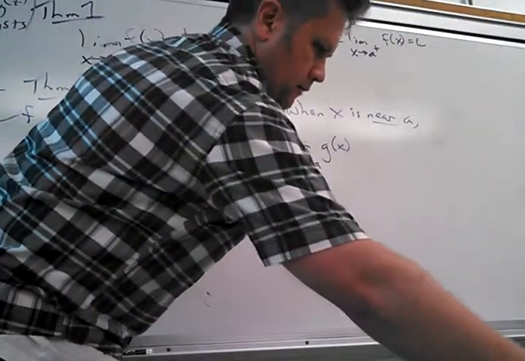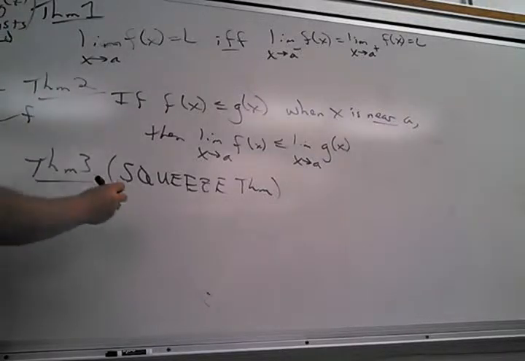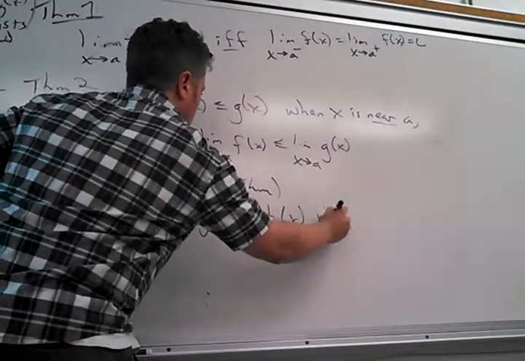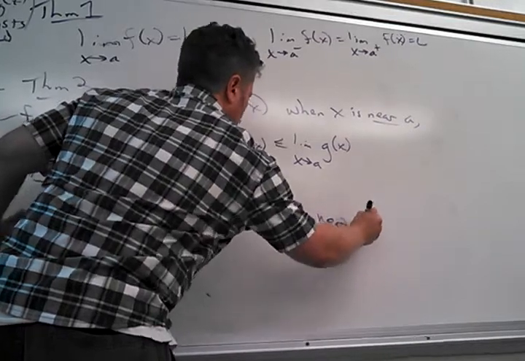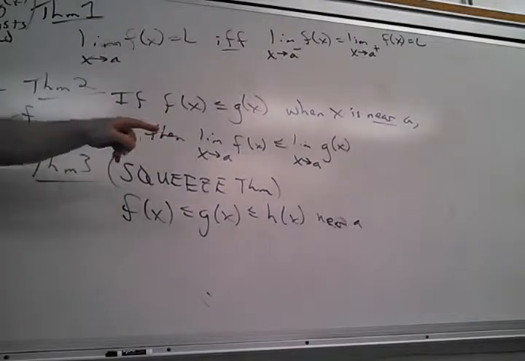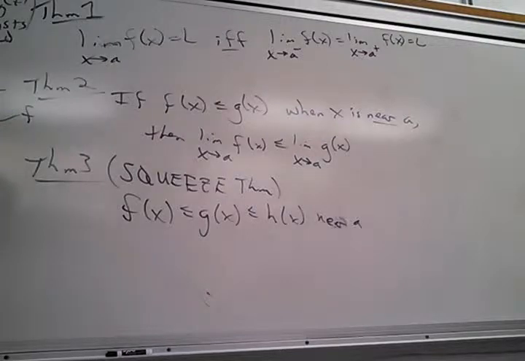All right, let me see if I want to write it also. So now this says, again, the limits have to exist, in h of x too, if that shows up, which it will now. So if I have three functions that operate like this, and I always specify, at least near a, that if they get near a, they do this: f is at most g, which is at most h. You with me? So that would be this situation. I could have, so here's f, here's g, no, Jeff. Which one's the most? h. I'm just going backwards. And g is in the middle.